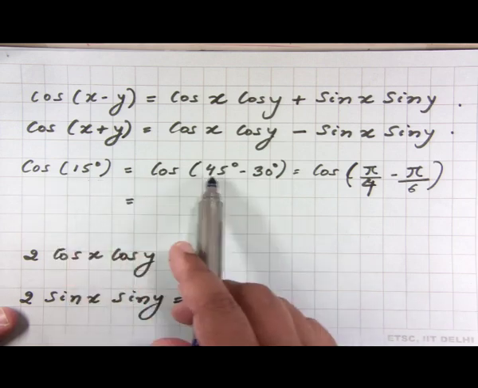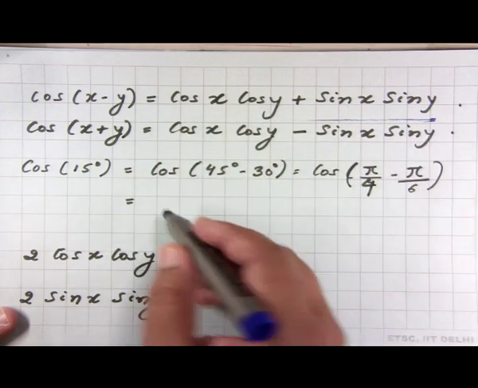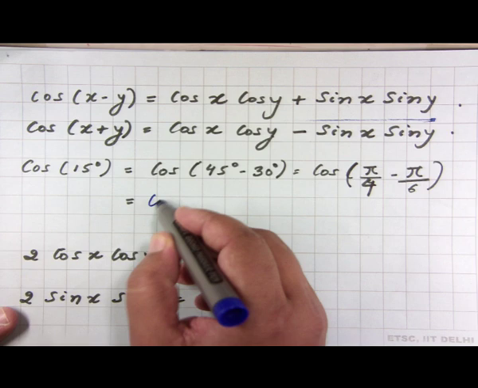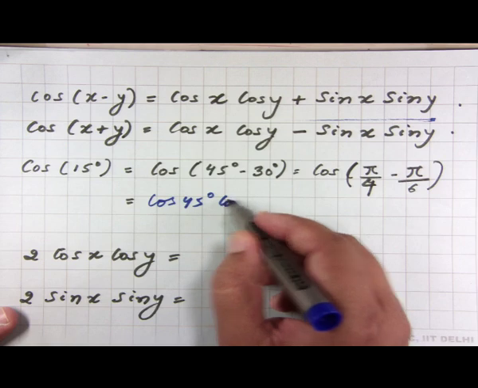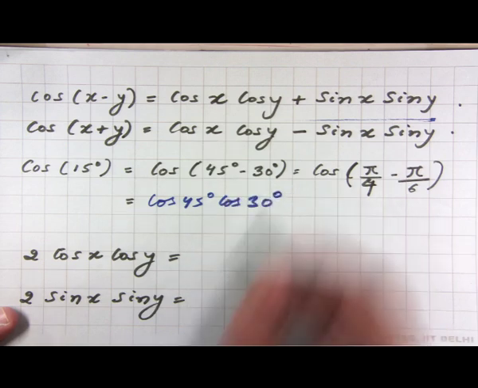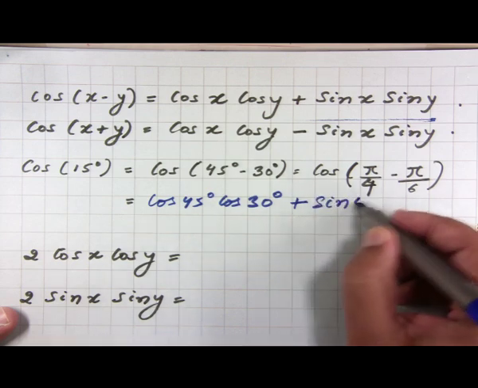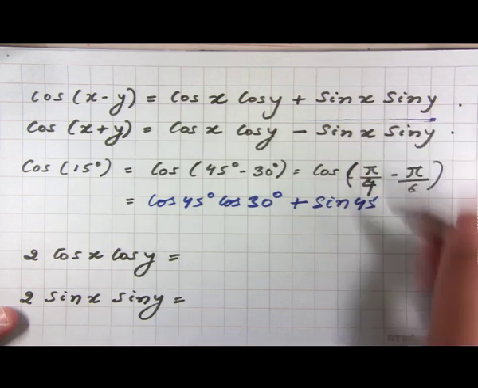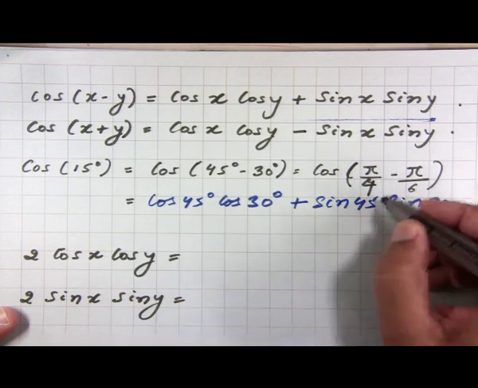So, cos of 45 minus 30, and then of course, I use this formula here. So, what we get is cos 45 cos 30 plus sin 45 sin 30. So, these are all degrees, okay,